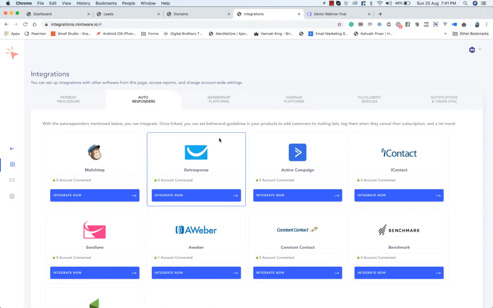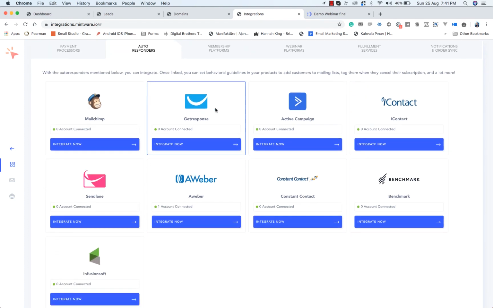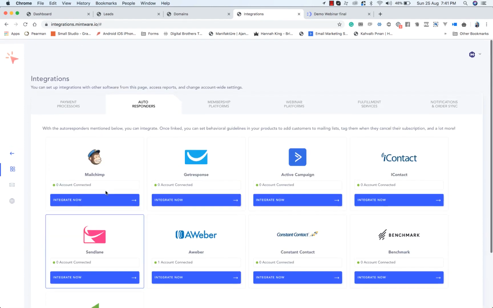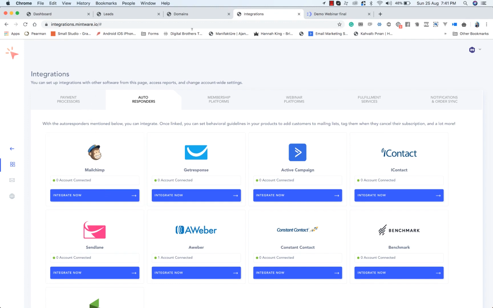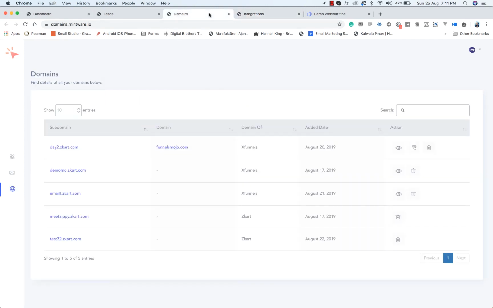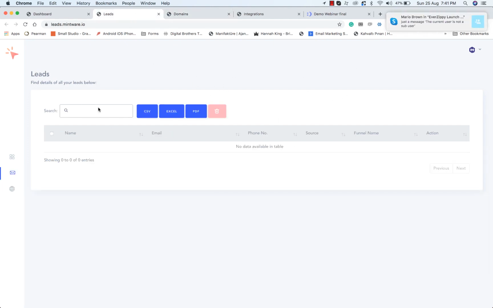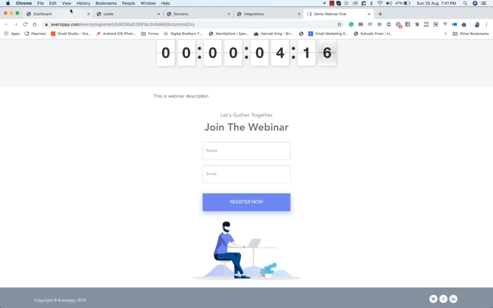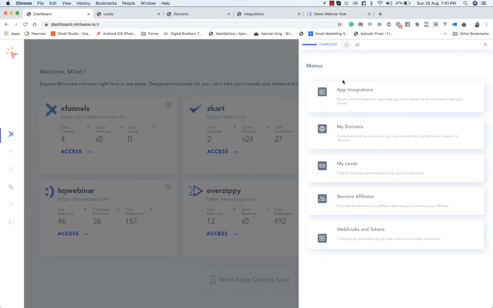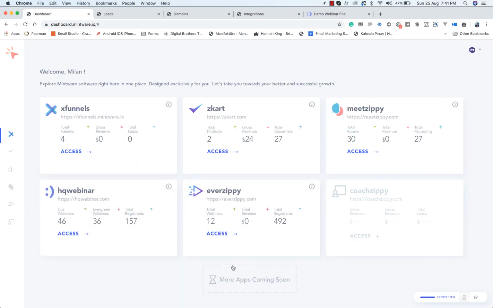You can connect all your autoresponders, MailChimp, GetResponse, ActiveCampaign, iContact, Benchmark, Constant Contact, Infusionsoft, Zendesk, and you can connect your Zapier as well. So we have the centralized custom domain integration option, and this centralized lead capturing system inside the EverZP.